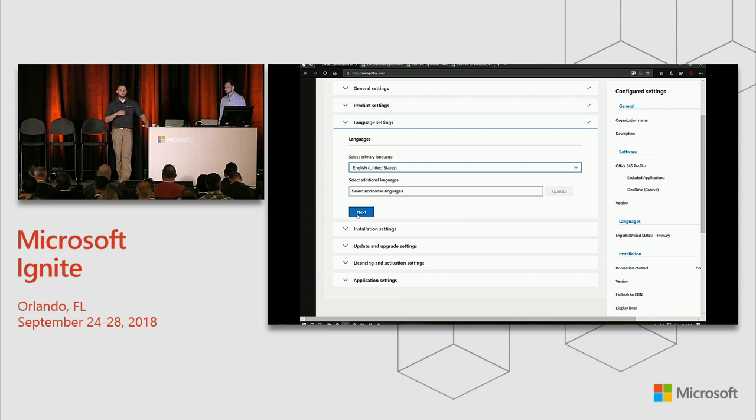So what it helps you do is deploy a base set of languages to your end users, keep that package small, and then for your end users that do need to add on different language packs, they can either pull it down from Config Manager distribution points, they can pull it down from a local network share or DFS, or they can actually go to the Office CDN, or Content Delivery Network, and pull it straight down